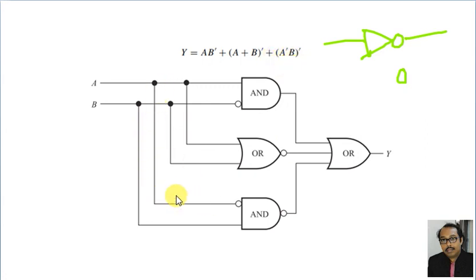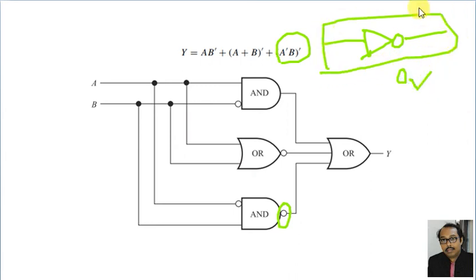How do we represent A dash? Ideally there should be a NOT symbol like this, but instead of drawing this picture, I am giving a dot. So this one is A bar and this one is B, but there is a whole bar. Whole bar means again give a NOT here. Now all these are connected to an OR gate, so you get output Y. What we learned here is basically how to reduce this symbol to this picture. Clear?